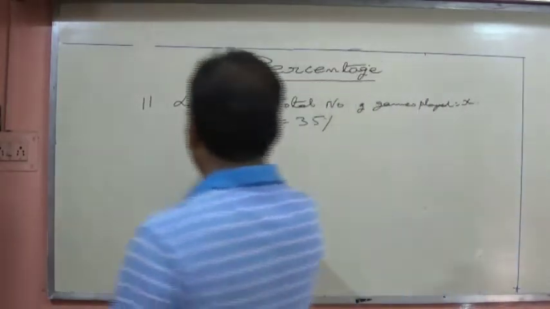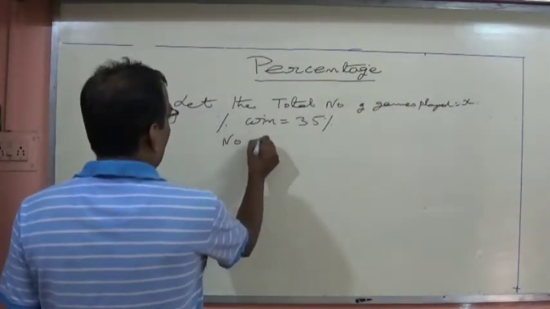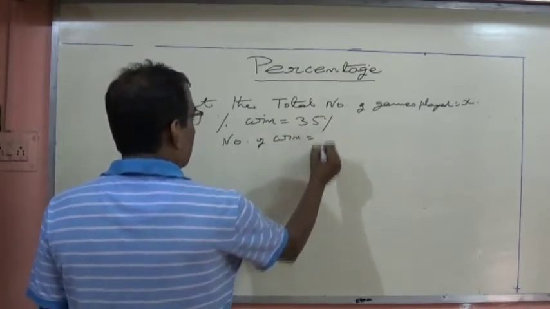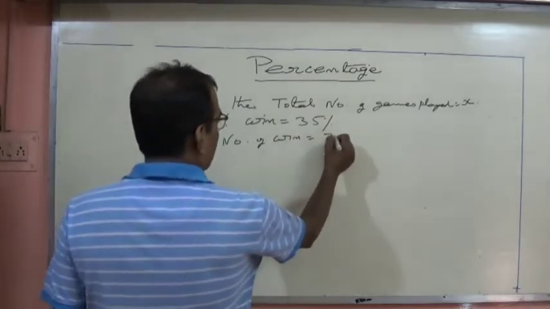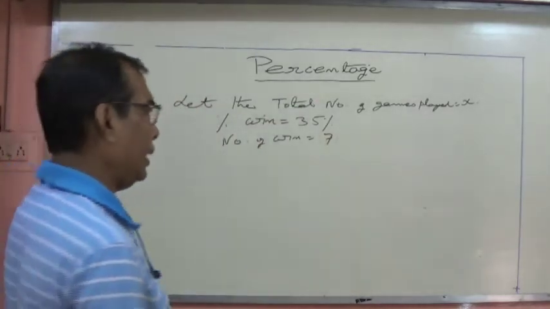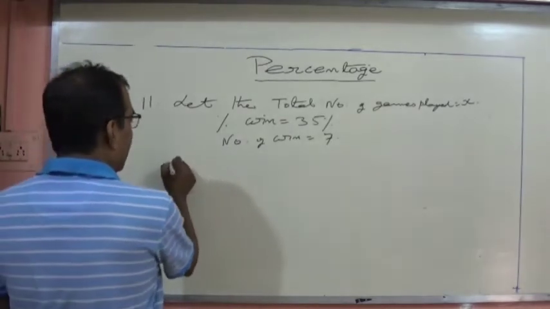And number of wins is equal to 7. So you will have to find how many games were played. So therefore we can say